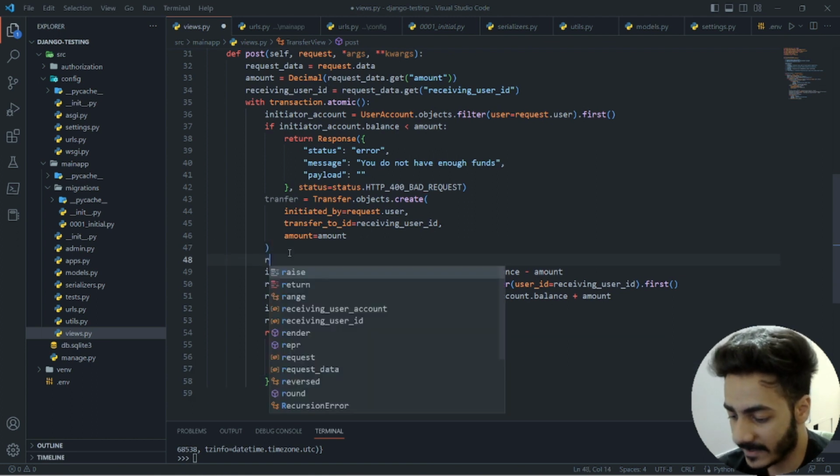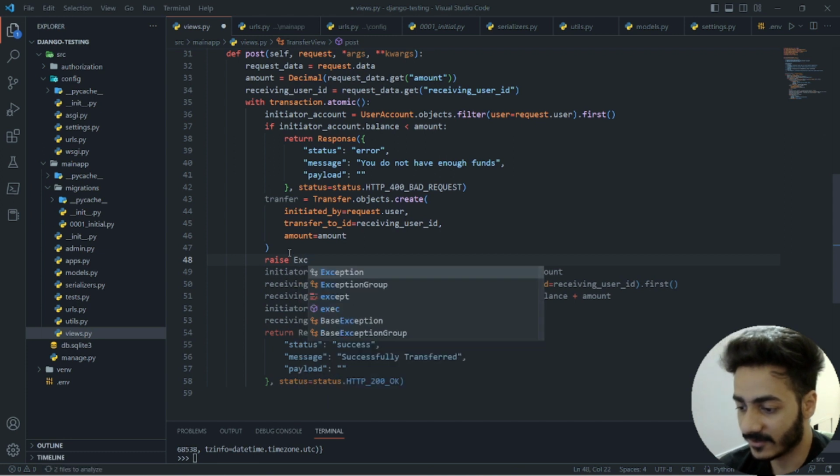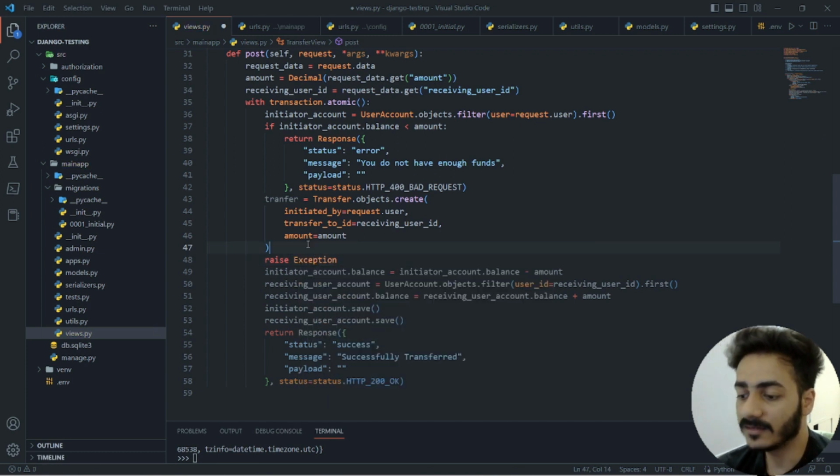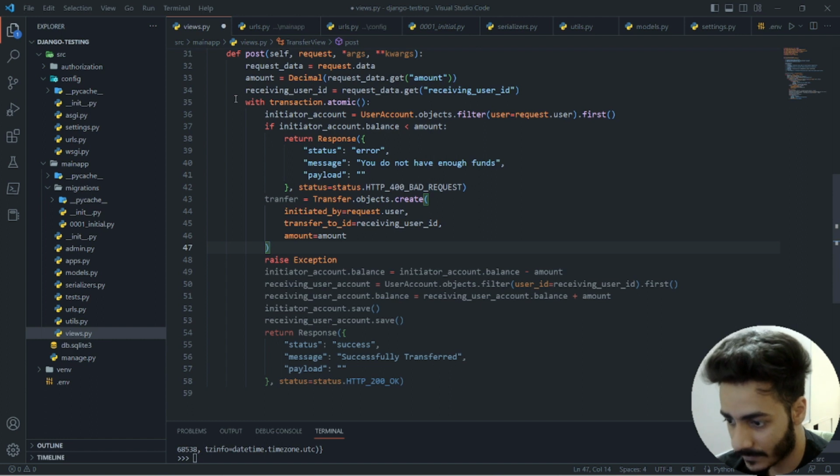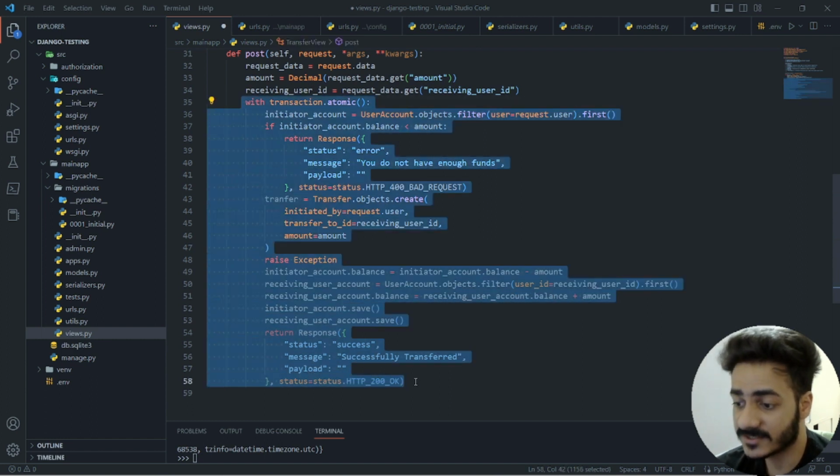So suppose if any exception is raised here, then even if the transfer object is created, in case of this exception, this transfer object will not actually be reflected inside the DB, because till we have not executed this transaction block completely, till that point of time, nothing will be committed